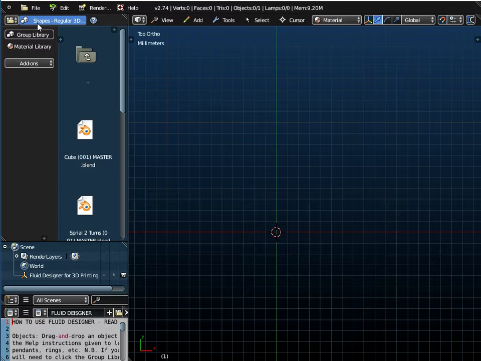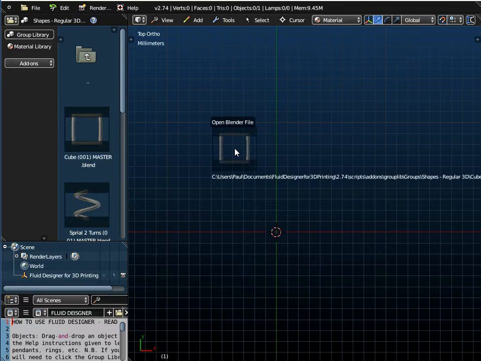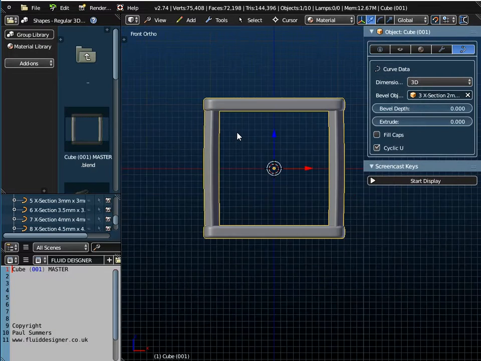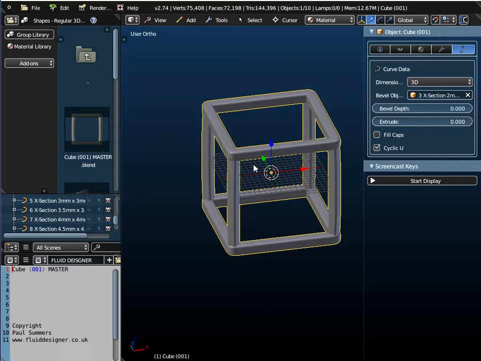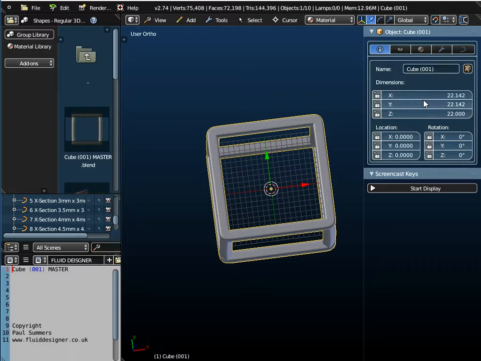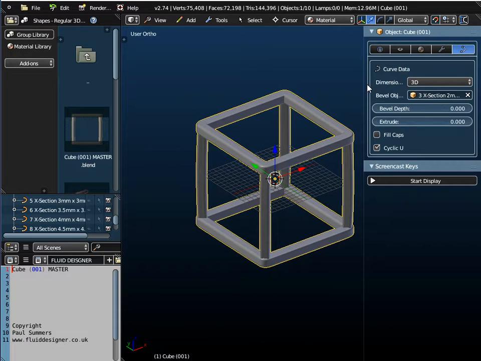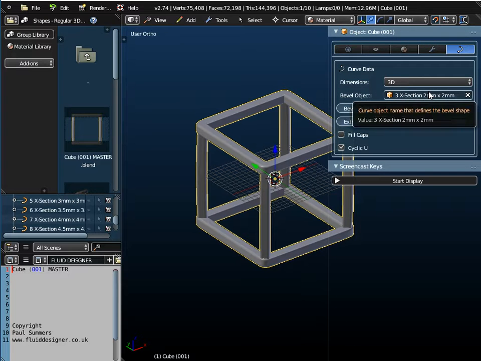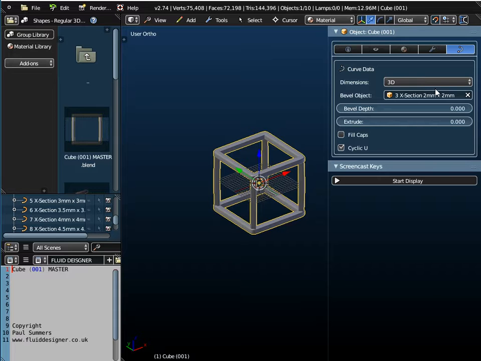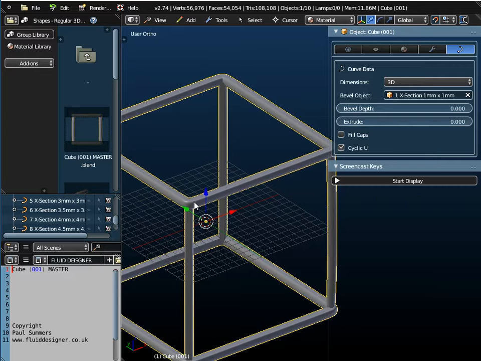Well, if we go to shapes, regular 3D shapes, there's a number of objects there which are 3D printable. If I drag and drop that cube onto the workspace, now the default size for this cube is the same as the grid, so it's just over 20 millimeters, and the default cross section for it at the moment is 2 by 2. Now that's too heavy to be an earring, so you want to change the cross section down to 1 by 1,